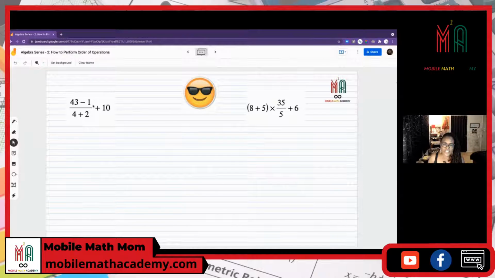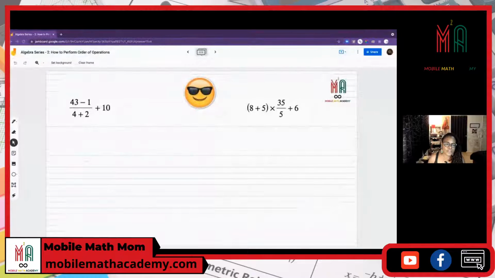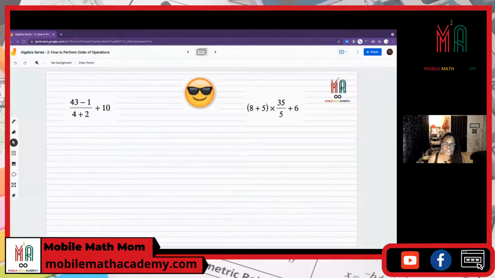All right. So the very next thing we want to do is we want to take a look at this division bar. Now, remember what I told you before. I said that a division bar is a group symbol, right? Now, whatever's above that division bar, we take care of that first. Whatever's below that division bar, we take care of that. Then we divide, all right? So 43 minus 1 is 42 divided by 8